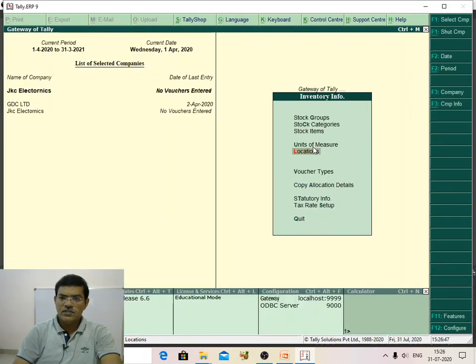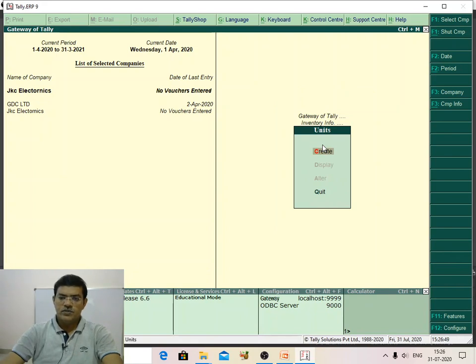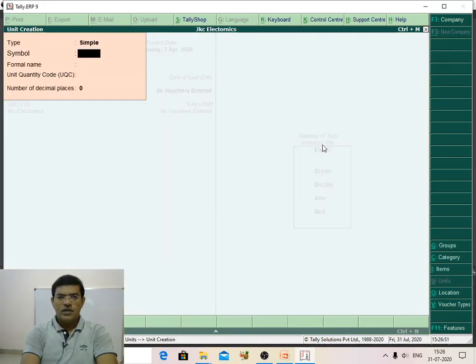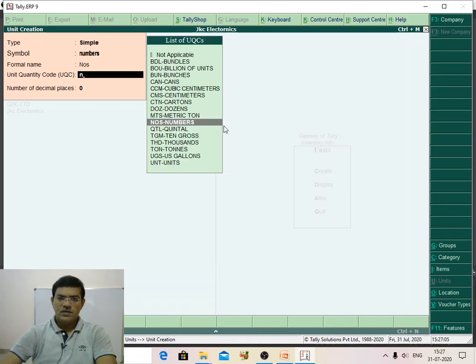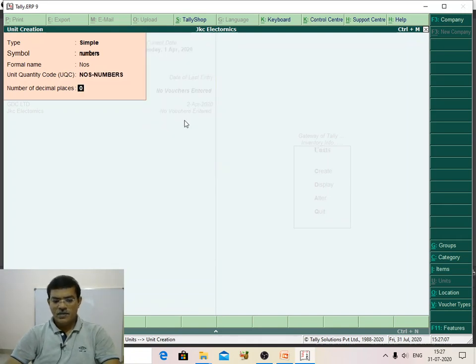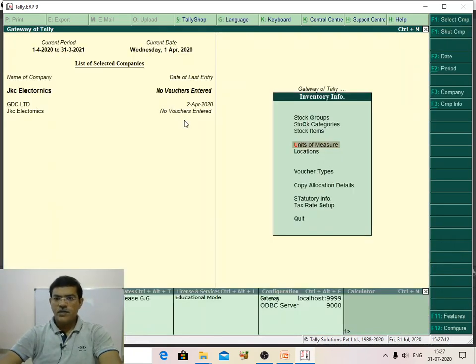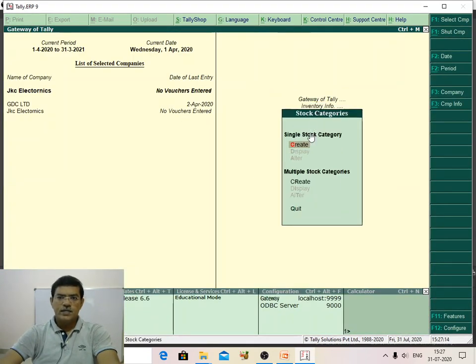The second one is I am going to create unit of measure. Televisions, washing machines, and refrigerators are measured in terms of numbers. Now I am selecting the unit of measure as numbers, and the formal name is numbers. So I have created numbers. After that I am going to create stock category.